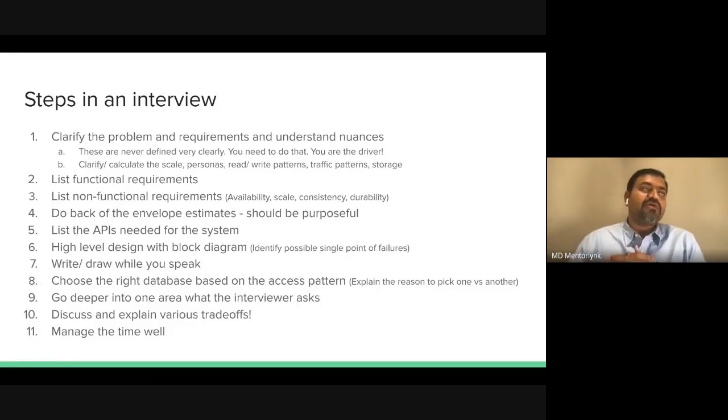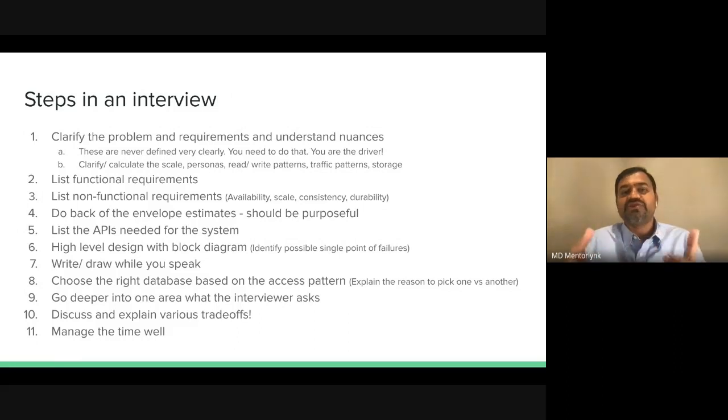It should not be right away, "Okay, I'm familiar with Cassandra, I'll just spit out Cassandra." That's not it, right? That doesn't make sense. Even if you're not familiar, first of all, when you are preparing for a system design interview, you want to be familiar with all the different kinds of databases. Choose the appropriate database for the particular use case, right?